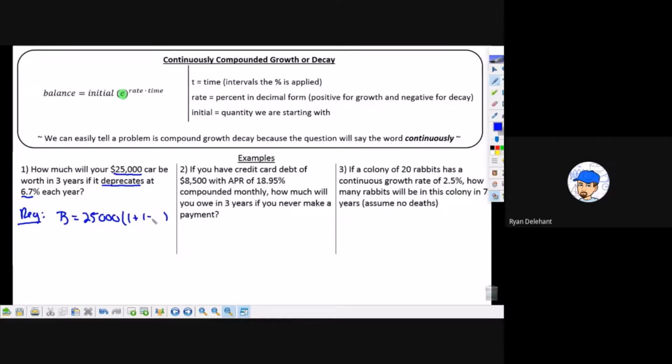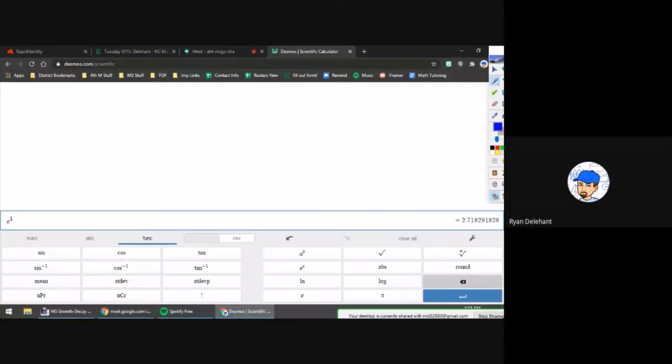So this is negative 0.067. And we're going to take that to the power of 3 to find that balance. So that's 25,000. And we need to do this subtraction. So that's 1 minus 0.067. So let's go back and actually do that. 1 minus